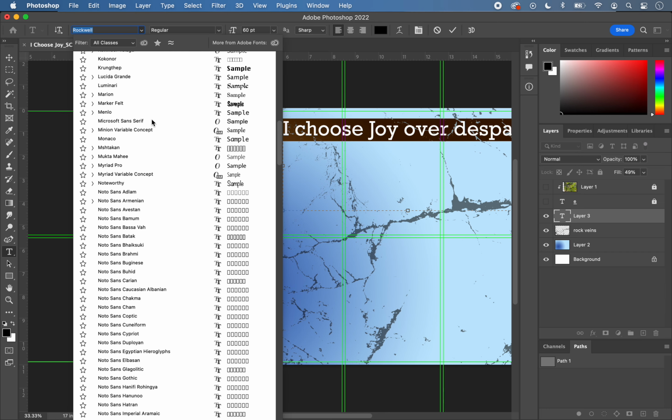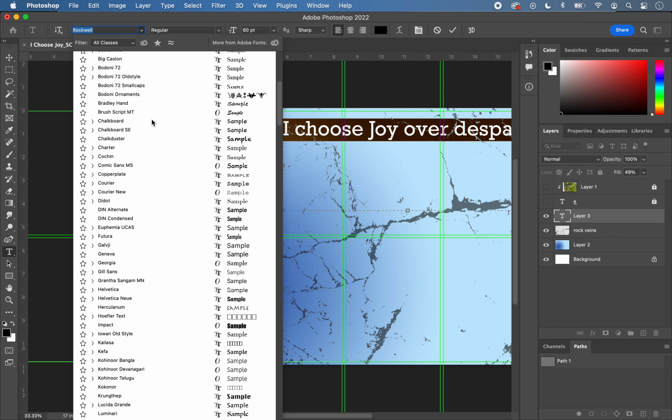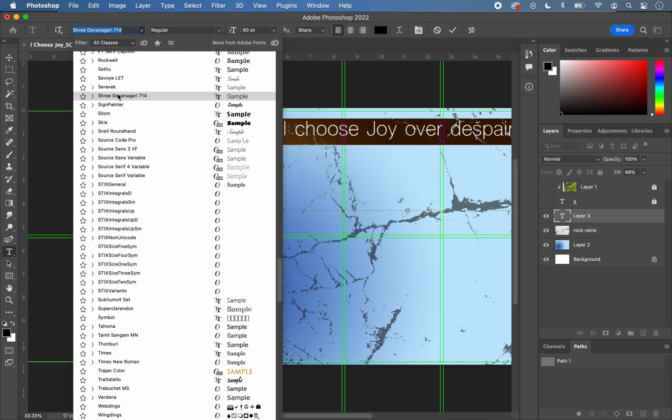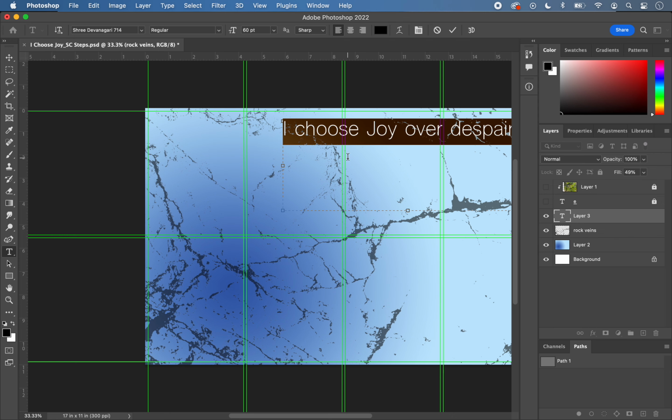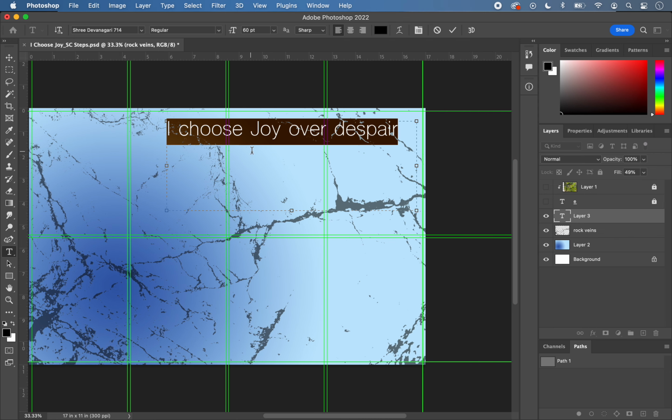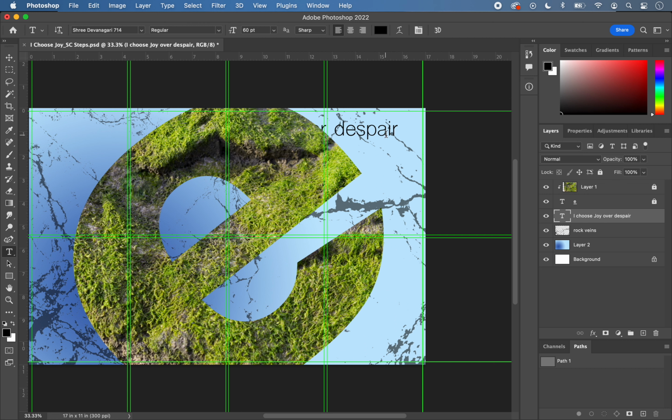All right, now I had found I really liked this one, Shri. There we go. I just liked how open this was. It just feels like a breath of fresh air to me, but it's also very direct and emphatic. So once you have selected your font, then you can break them up into the fragments of the phrase that you want to use. To show you that, I'm going to turn this large E back on,